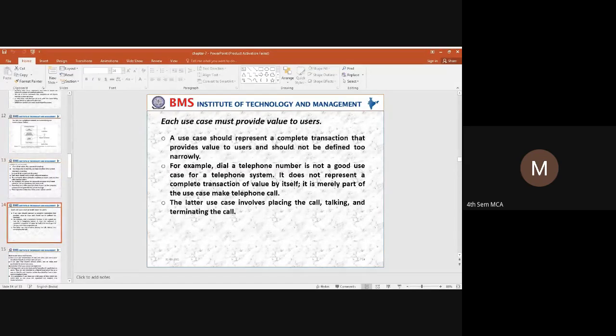So next thing is, each use case must provide a value to the user. Whoever the users are, each and every user has their own value who is going to communicate with respect to that particular use case. Say for example, we had taken an example of IA marks management.